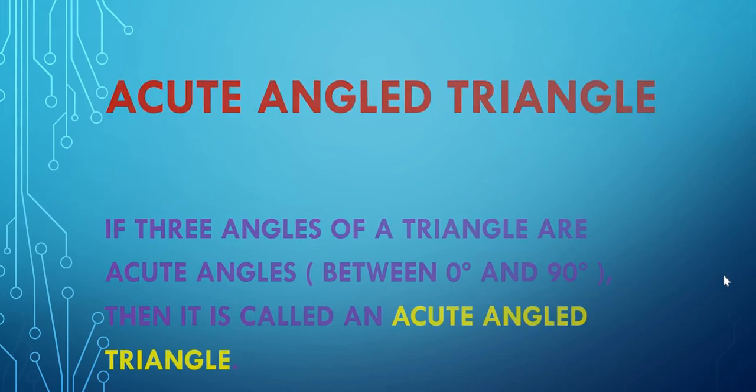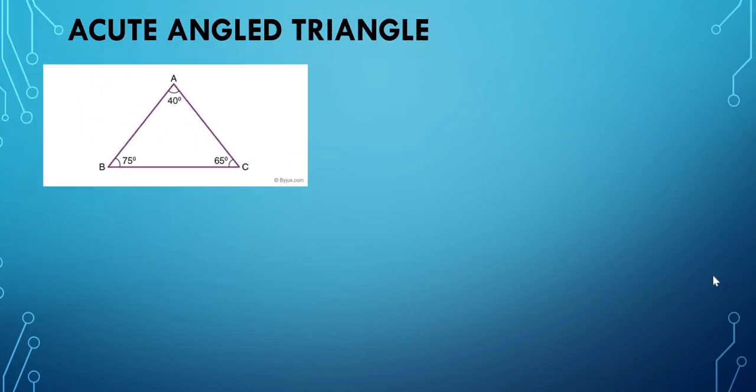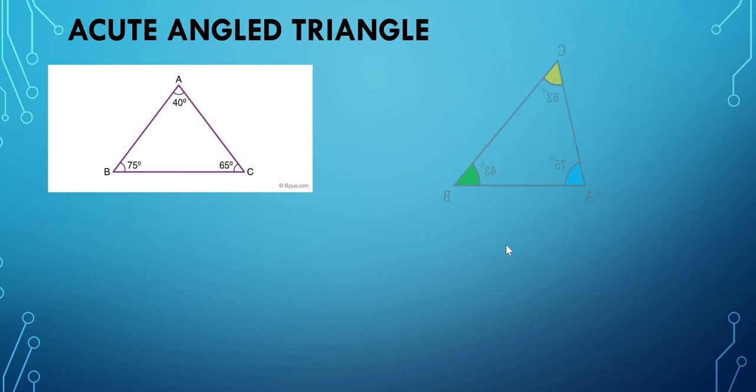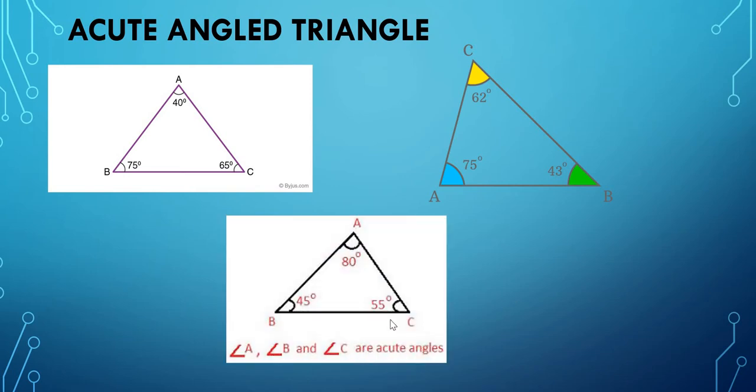See the example. Acute angled triangle. Here we have three angles. The three angles are less than 90 degrees, between 0 and 90 degree. So the three angles are called acute angles. Next one is